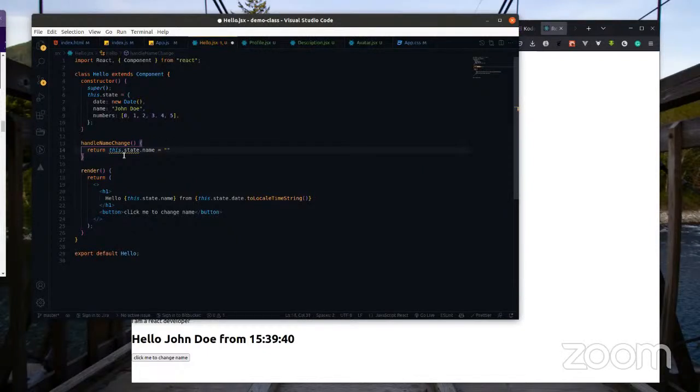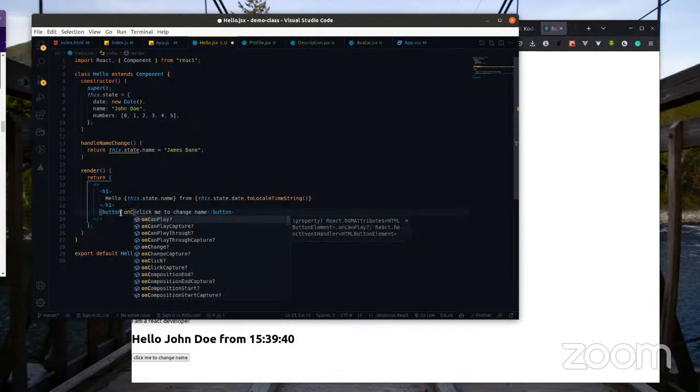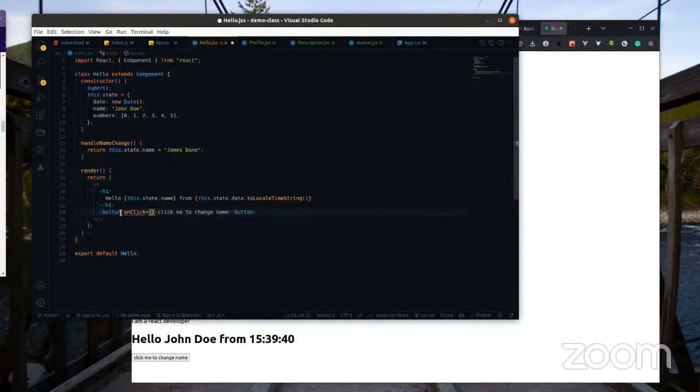Let's say names, let's say James Dane. All right, so let's change that to this. Or if we do this and we handle this by using the on click and we pass in this function which is handle name change,